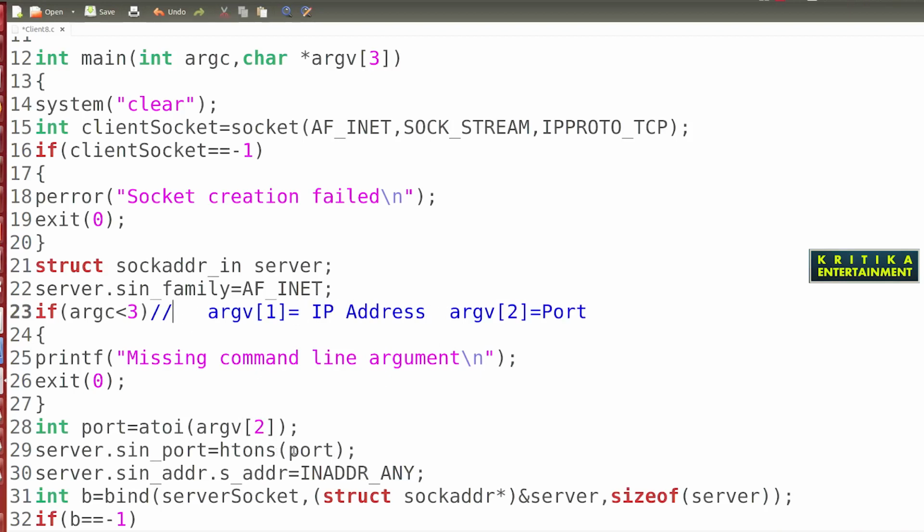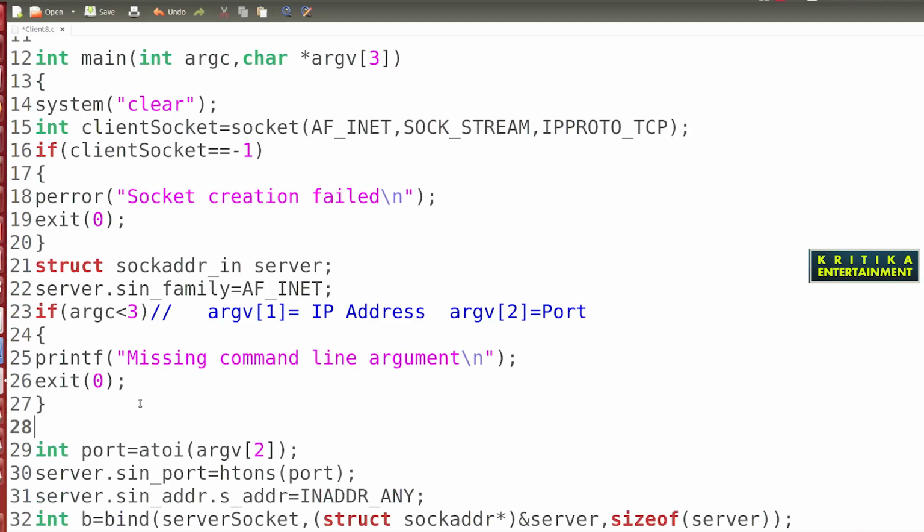So for the port number, what to write here? You remember how to write here? You will write char. Suppose char IP address, char IP address is equal to argv.